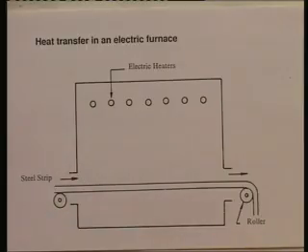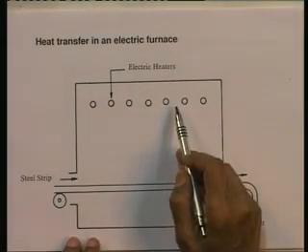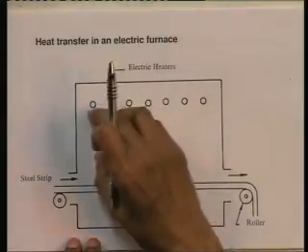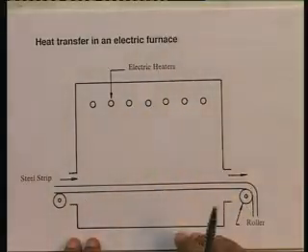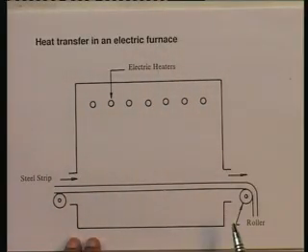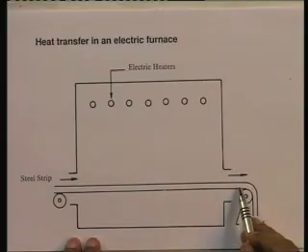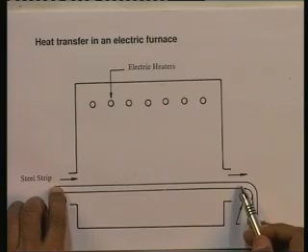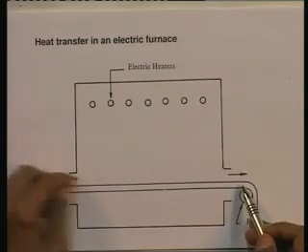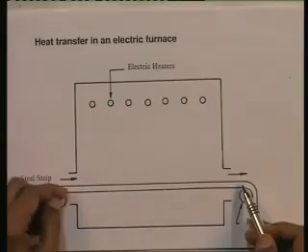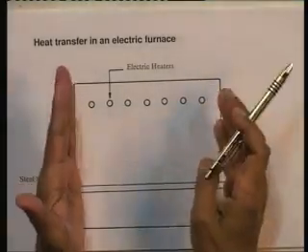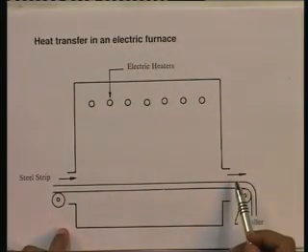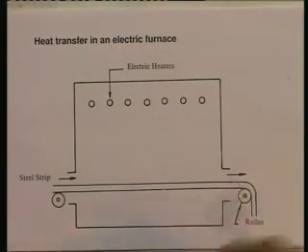So, the problem before the heat transfer engineer would be the following now. He is told, here is an electric furnace, the temperature in this furnace is say 1200 degrees centigrade or 1000 degrees centigrade. It is required that the temperature of the steel strip at the exit be 720 centigrade or some temperature like that. The steel strip is entering at room temperature 30 degrees centigrade and is moving with a certain velocity which is specified. What should be the length of this furnace in order that you get this desired exit temperature? Or the reverse problem,